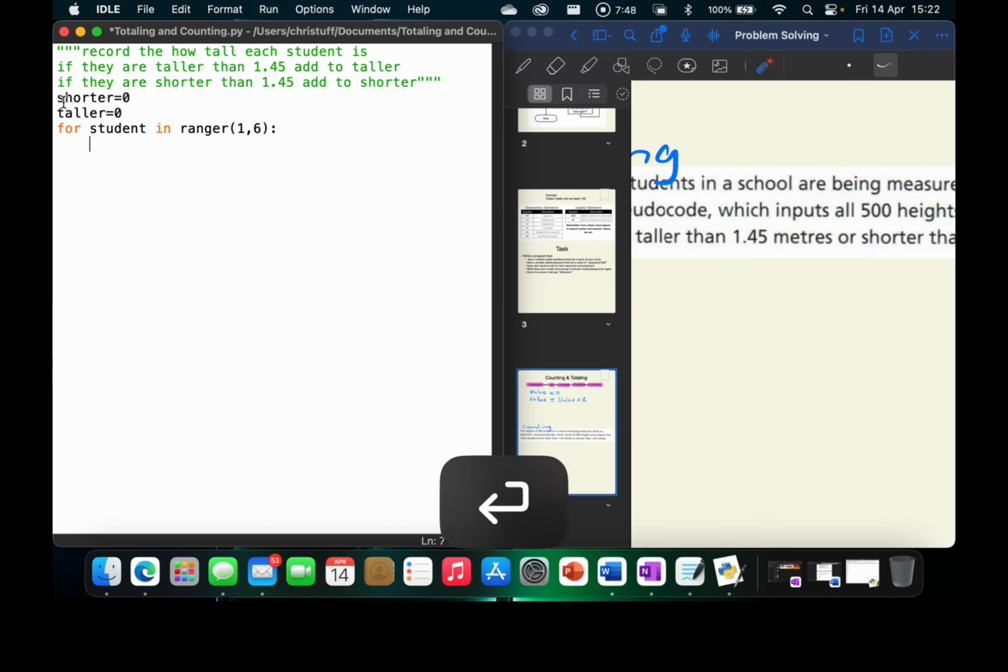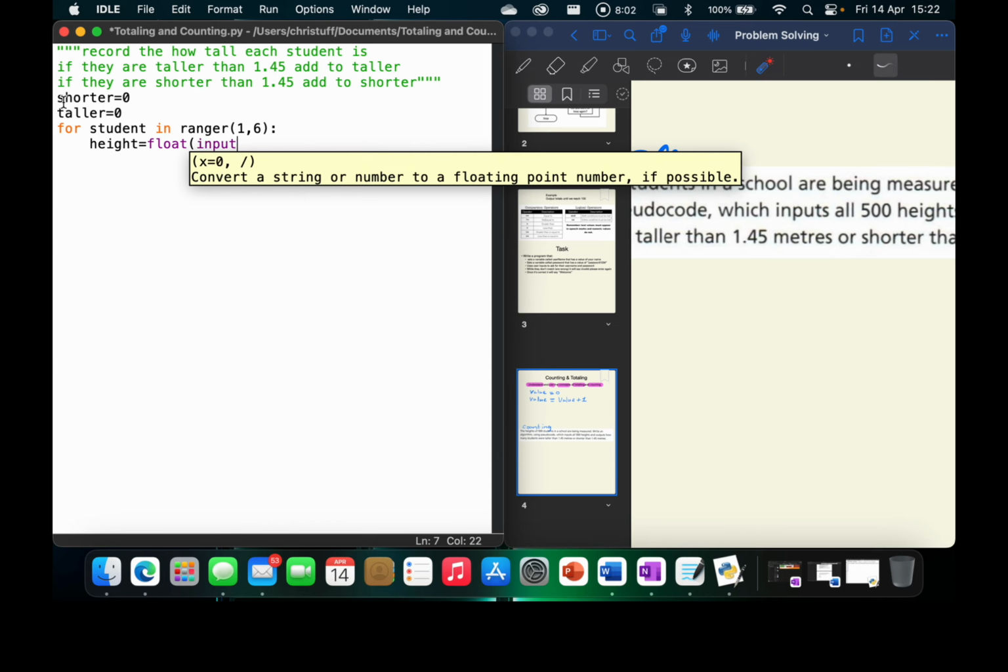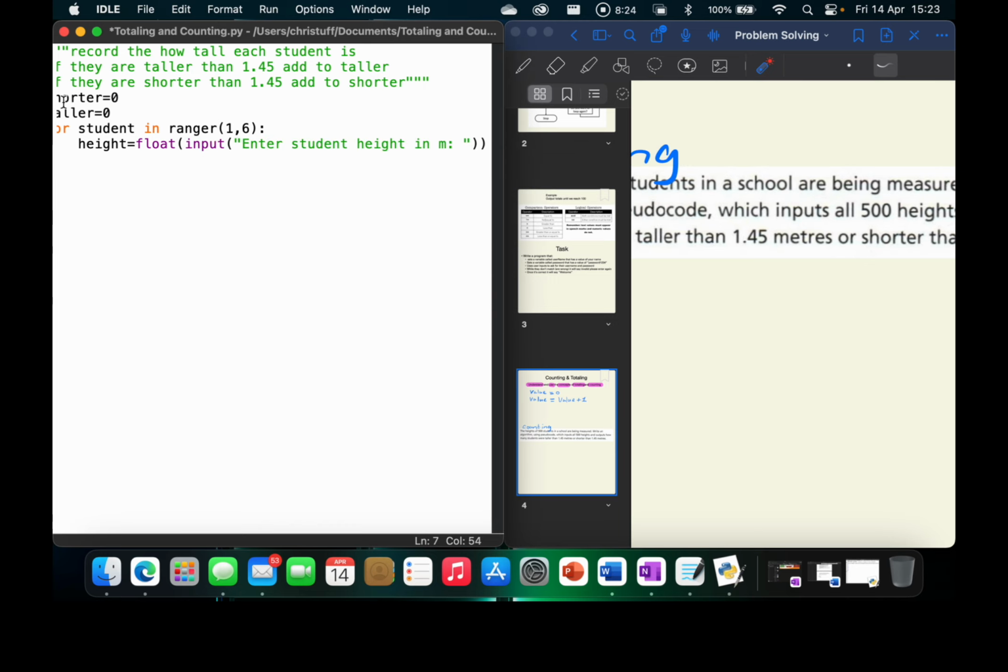Do the following. So we're going to have a height. We're going to have it equal to a float input because it's 1.45, so we're going to be putting decimals in because these are probably meters, I'm guessing. And just say enter height in meters. And then I've opened 2 brackets, so I've closed 2 brackets. And now I'm going to say if